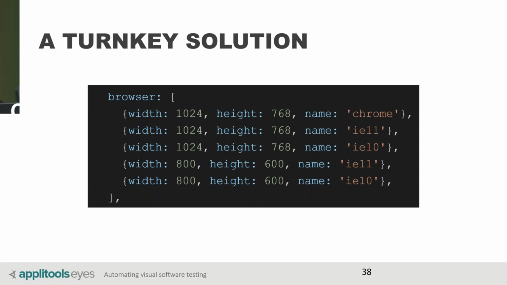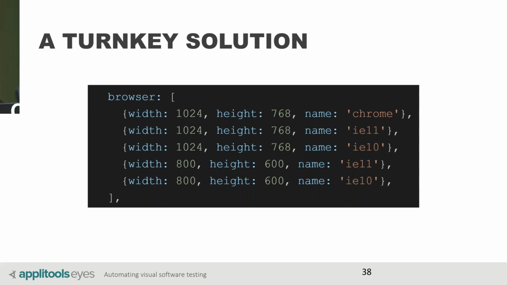Next question. How does the ultra-fast grid differ from cross-browser testing with Sauce Labs or BrowserStack? I actually spent a lot of time explaining that, but the basic difference is that with cross-browser testing on a traditional grid, you run the test separately on every device. So if you want to test your login test on 20 devices and browsers, you need to run the test 20 times. With a visual grid, you run the test once locally, and we grab the resources and